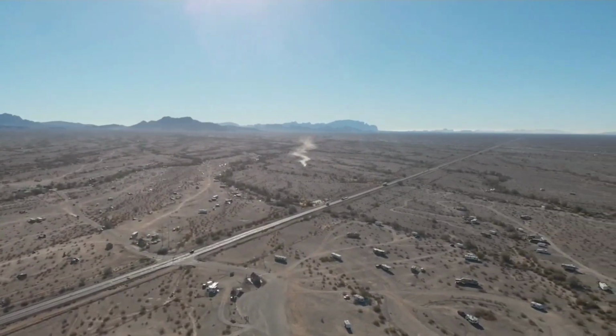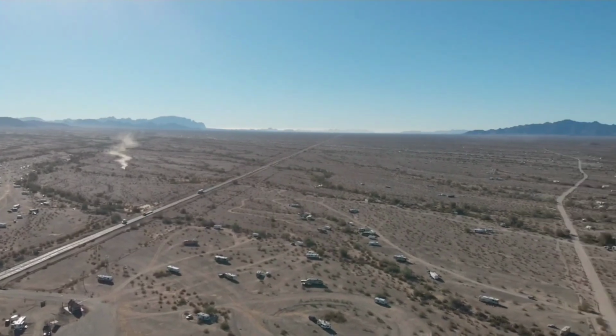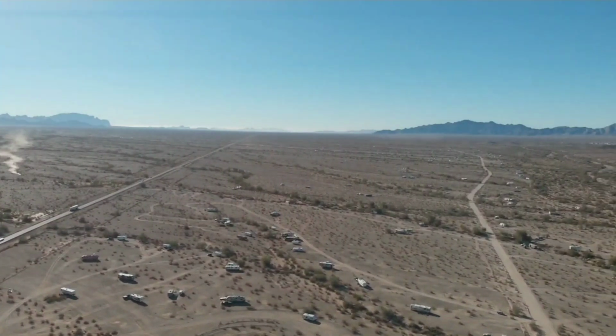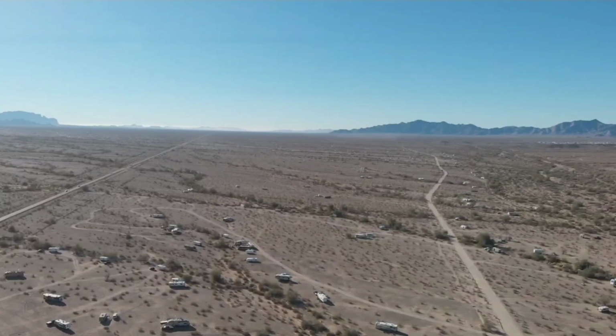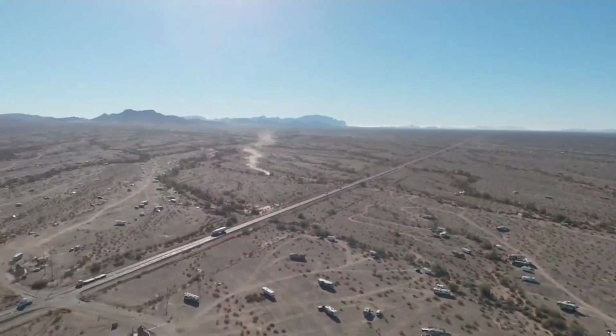You see someone screaming through the desert entirely too fast. They're kicking up that much dust. Some people will do that, and it annoys other people. It annoys me sometimes too, but well, we'll roll this